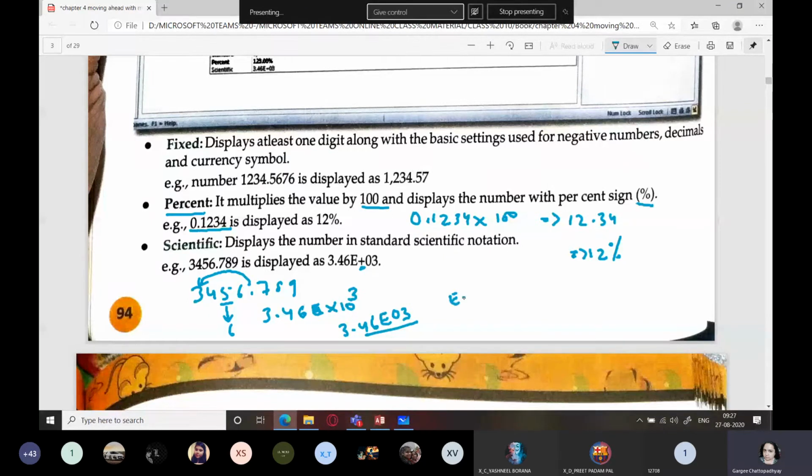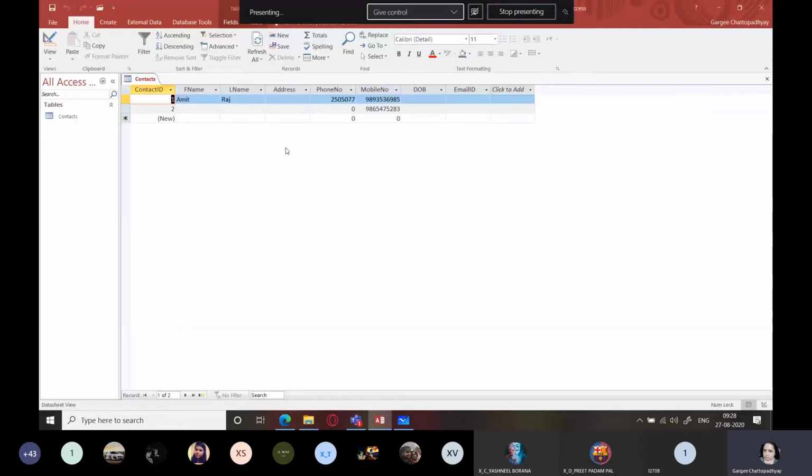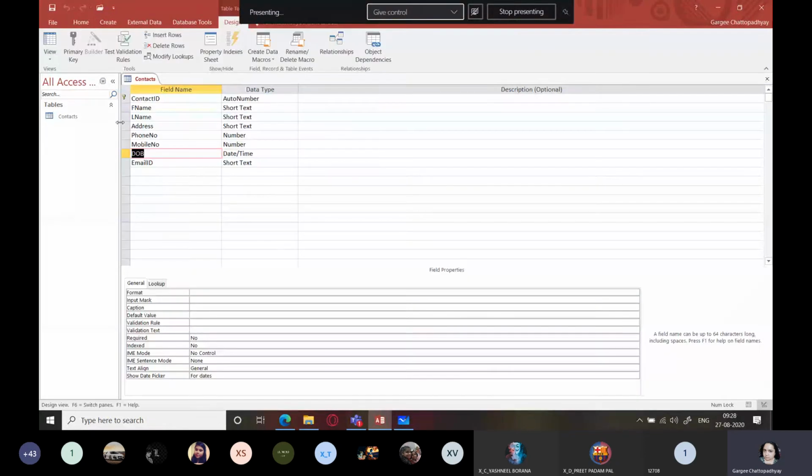Next is date time data. So let us try to figure out some date time format over here. We'll go to this mode, and this is the date time format field. Come down and here we go to format, and here we just press this drop down arrow, general date.